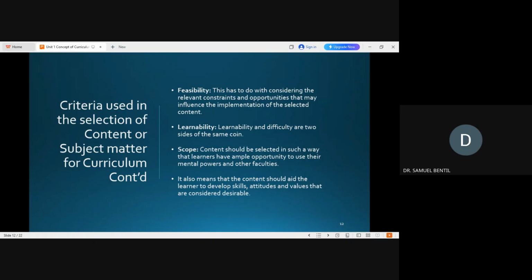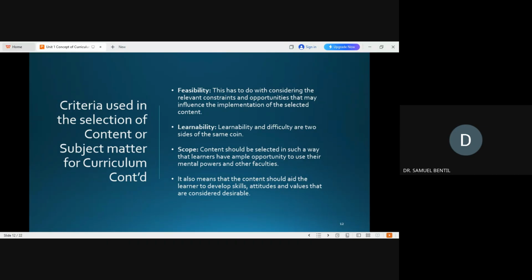But considering the time constraints, the opportunities available, vis-a-vis the resources, the facilities and the online modules and all those things, we compare, and if we see that you can go through the course and graduate well to be an expert or master in geography, then we are saying it's feasible. But if you are not able to finish all, then we will say that the content that was selected was not feasible, in the sense that given the time availability, the resources, the facilities and all other things and opportunities, you were not able to go through all of them, and that is feasibility.